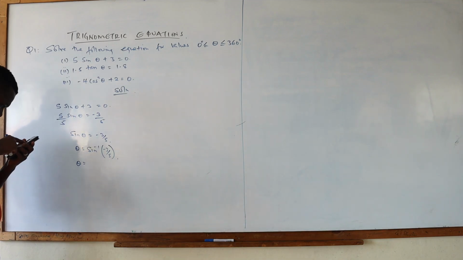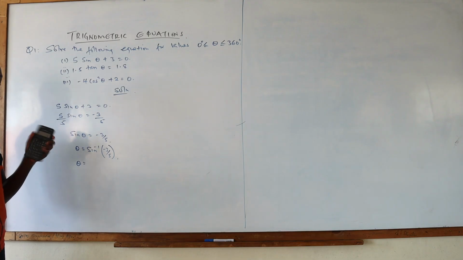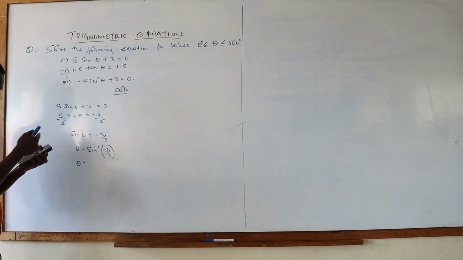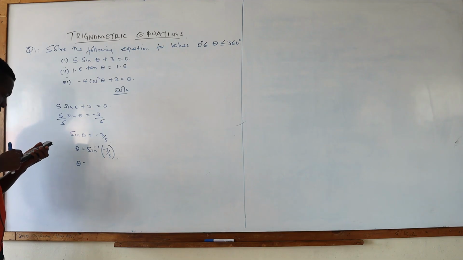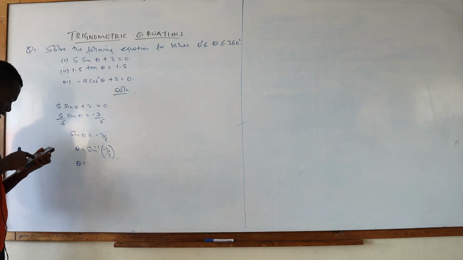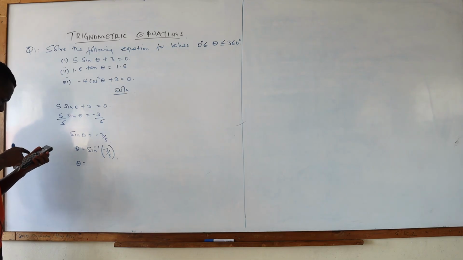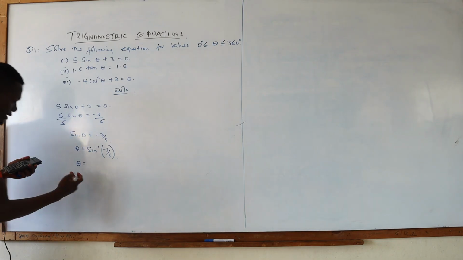Always make sure that your calculator is in degrees mode, because for my case here, my calculator was in radians. So now we get sine inverse of negative 3 over 5, and you'll get your value as negative